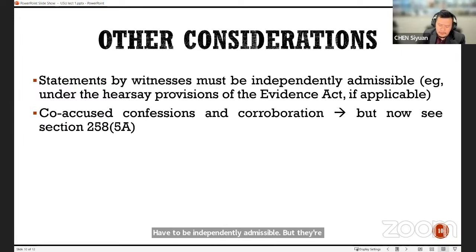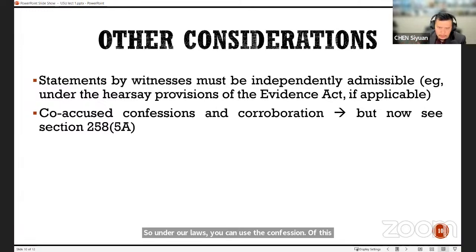Then what happens if you have a confession from a co-accused? I don't know if you can recall, earlier I gave an example about three friends deciding to rob somebody. Eventually, one of them commits murder. I had talked about this in the context of using common intention as a means to get them. Here, I'm approaching it from a slightly different angle. Imagine if one of the three friends confesses to the crime. He confesses, say, yes, we intended to rob, but it was another guy. It's the ringleader, right? He's the one who wanted to commit murder. So under our laws, you can use the confession of this person to incriminate the other person.